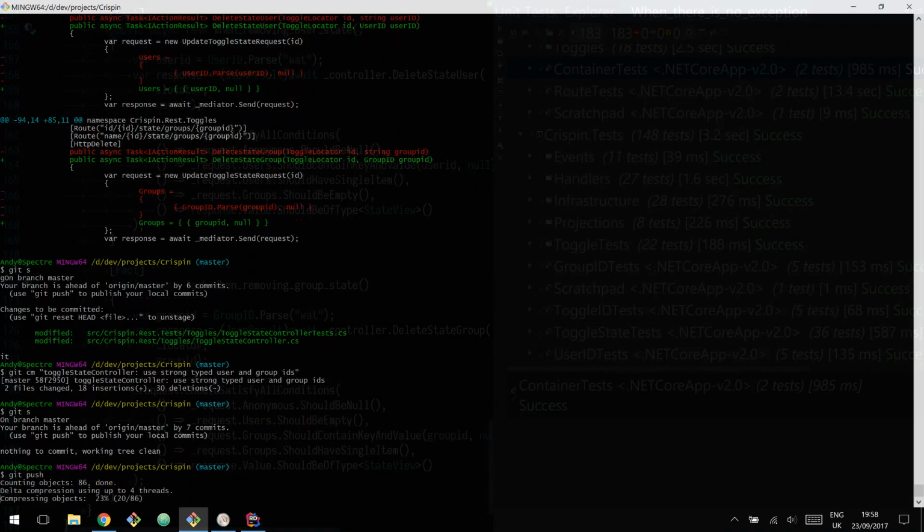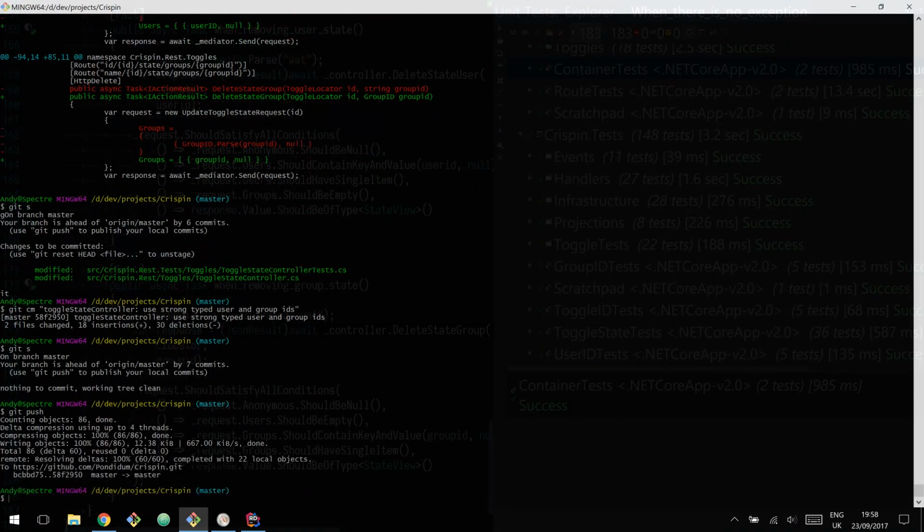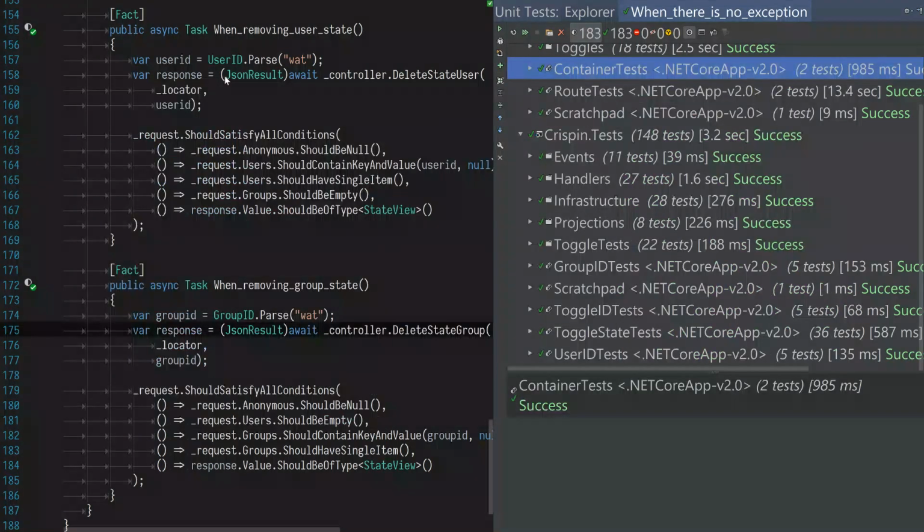So yeah, that's it for this evening. Managed to get quite a bit done. Yeah, if you've got any questions or want to check out the code, it's on GitHub,